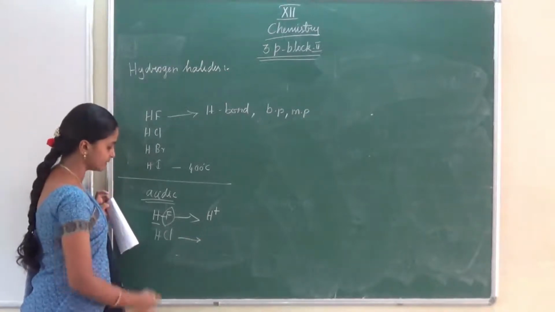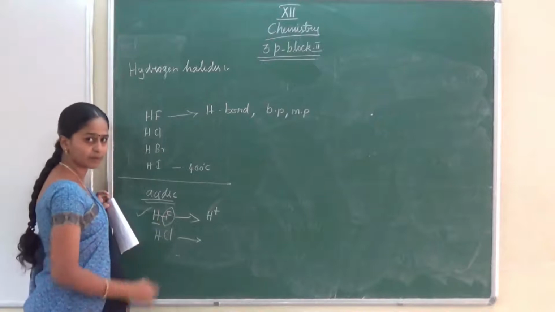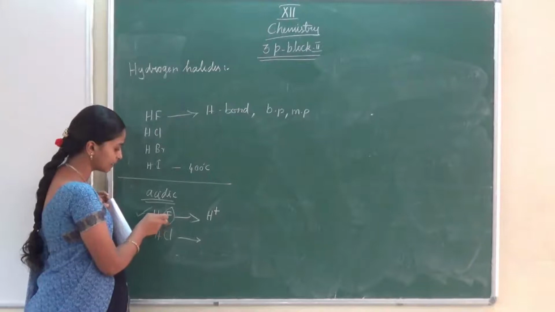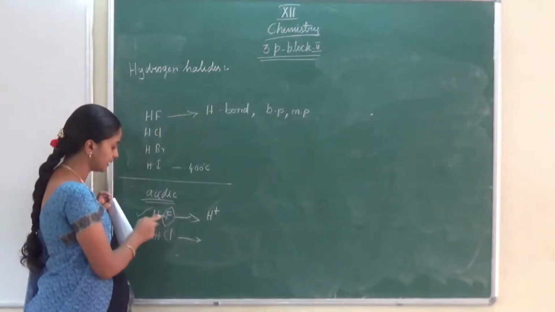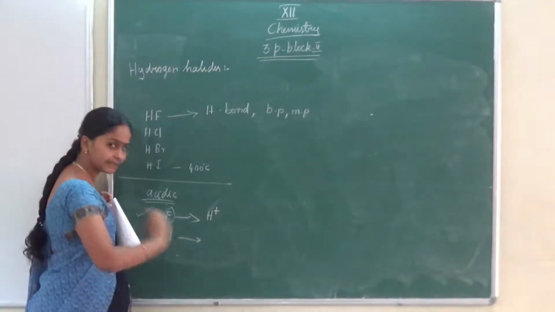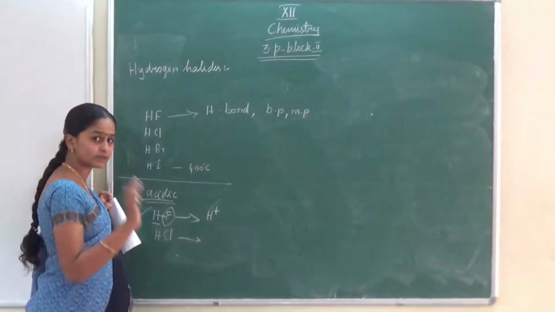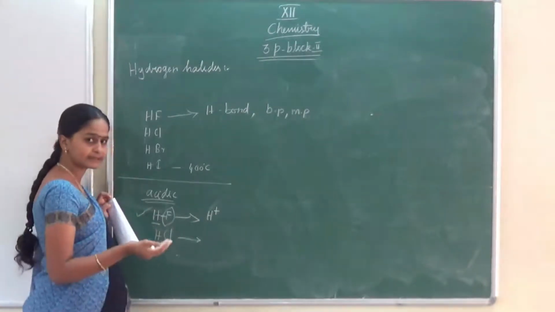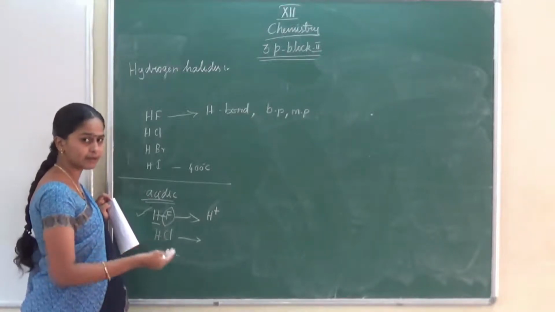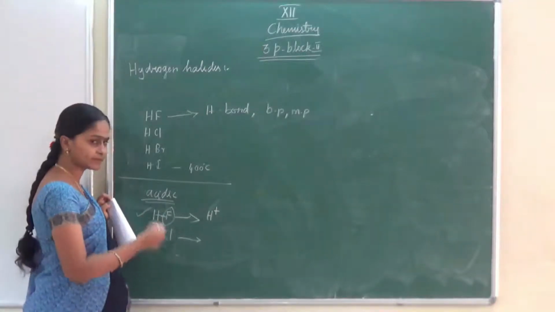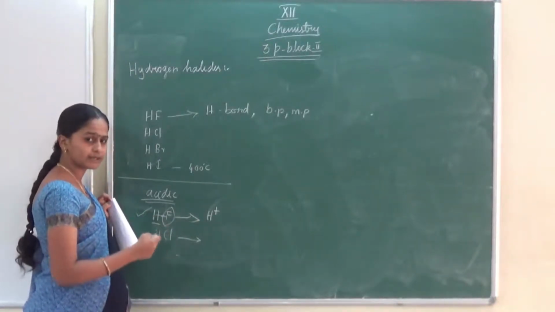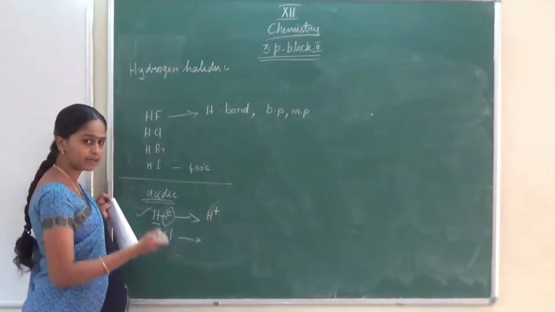When we discuss this, HF is a weak acid. Why is HF a weak acid here? The reason is the bond is very, very strong, so it cannot release the hydrogen easily. The compound should release the hydrogen easily, then only we can say the acid is a strong acid. If the hydrogen is released in a partial way, then it is a weak acid. From 10th standard we are learning this concept. The compound which releases hydrogen completely is called strong, and which releases partially is called weak acid.